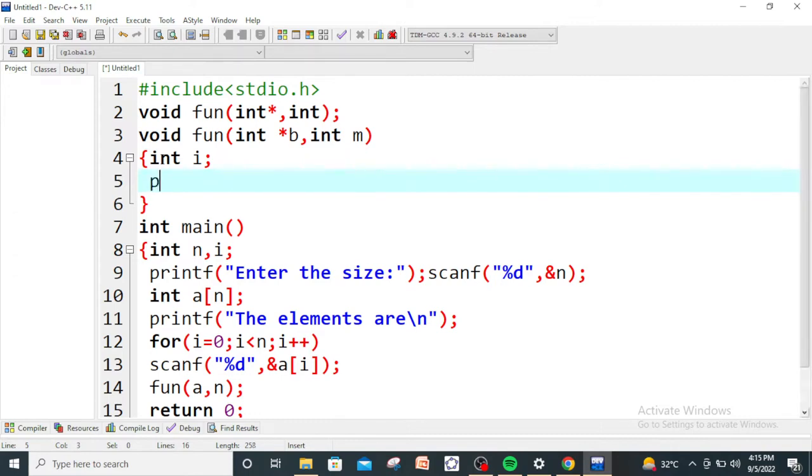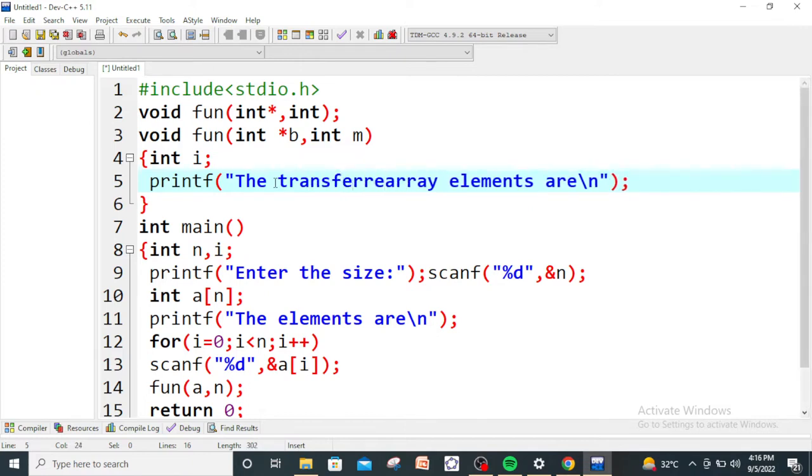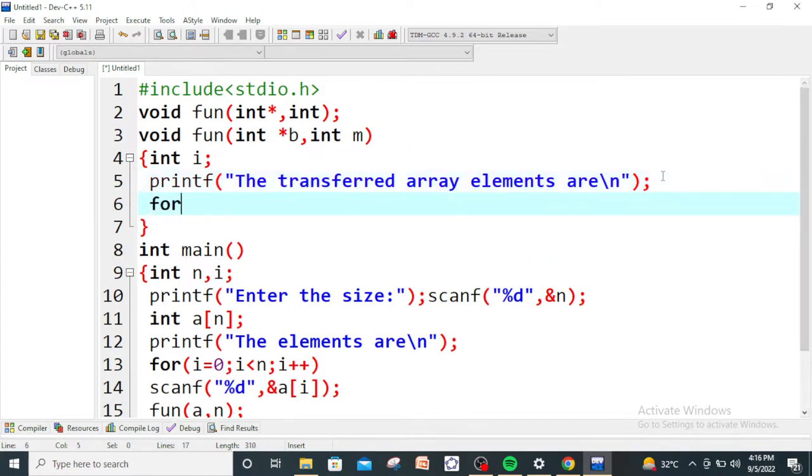Before that, we will show the user a message with printf, and here we type the message, the array elements are, you may type here the transferred array elements are, and thereafter we use the for loop, and here i will be 0, i will be less than